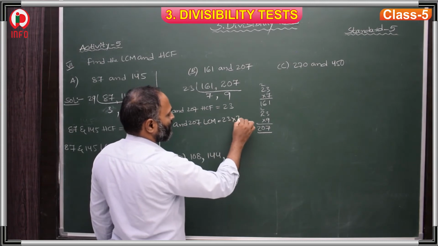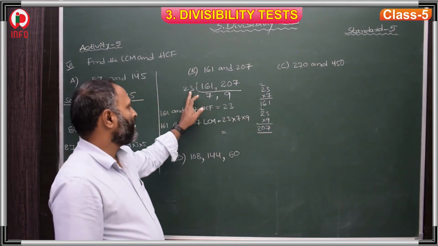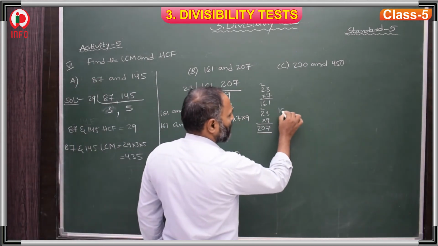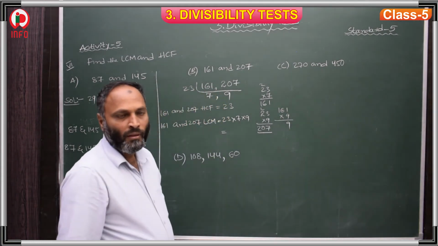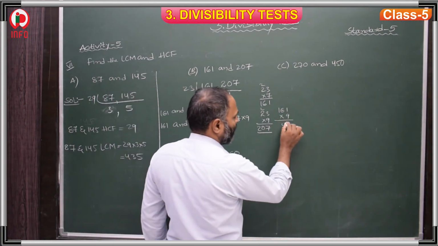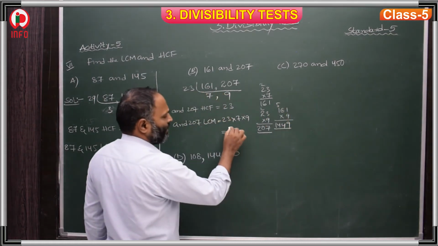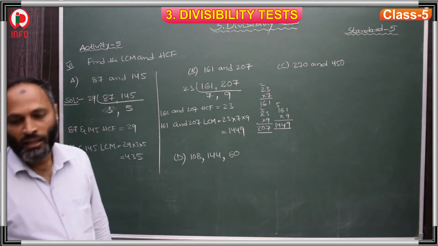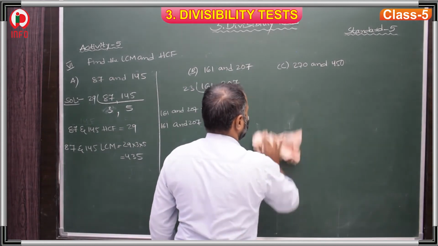LCM means we have to multiply all: 23 into 7 into 9. 23 times 7 is 161, and 161 into 9. 9 ones are 9, 9 sixes are 54, 9 fives are 45, plus 5 is 50, plus 4 is 1449. This is our LCM. So in this way we have to find the LCM and